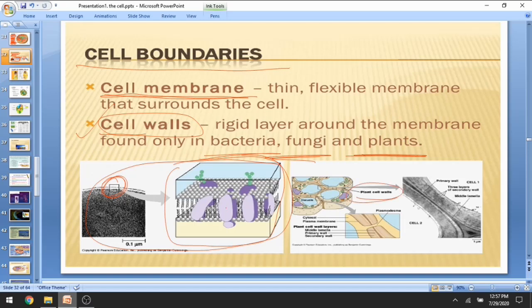These are rigid in structure, hard in structure. Why are cell walls hard? Because they have 3 layers. They have a primary layer, a middle lamella, and a secondary layer. These 3 layers combined give rigidity to the cell, specifically plant, fungi and bacterial cells, and help them fight against natural calamities. They have inner pores for exchange of material known as plasmodesmata.